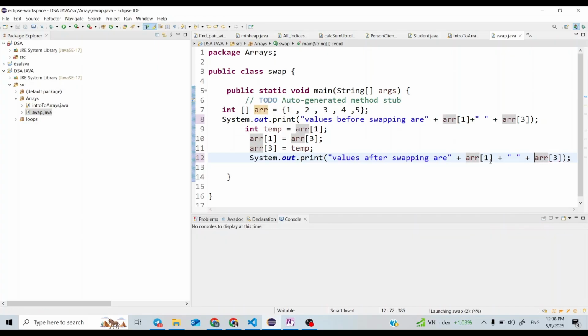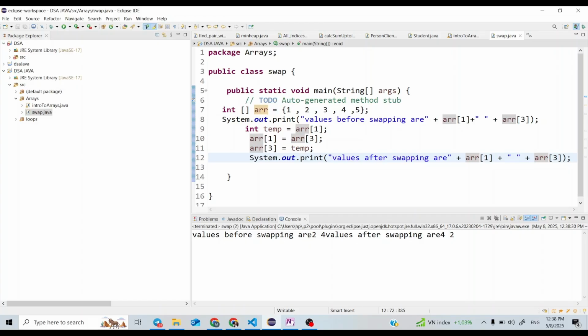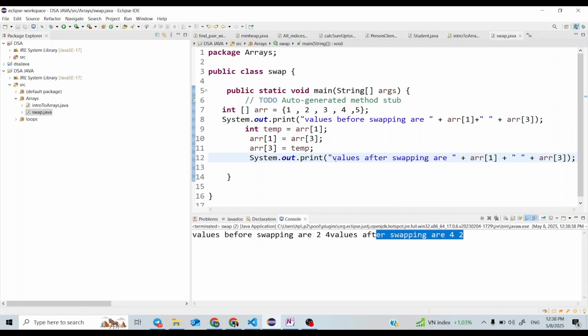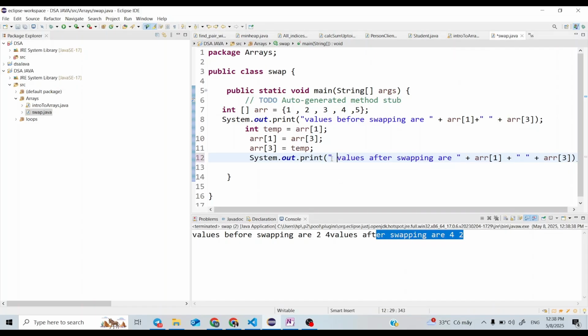So if I now run this, values before swapping are 2 and 4, and values after swapping are 4 and 2. So this is how we can perform swapping.